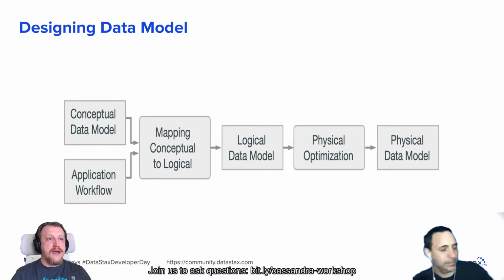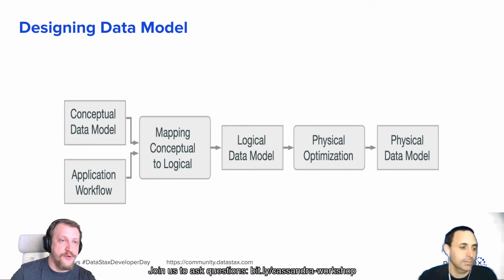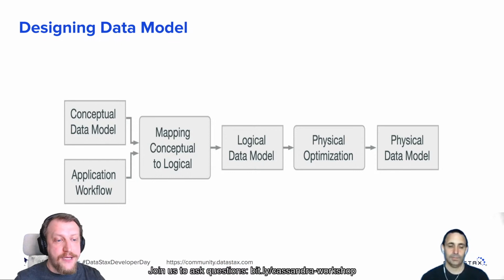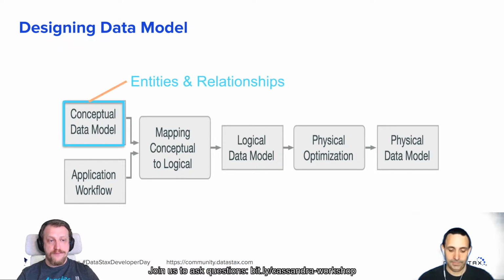So then how exactly do we work on our data model? How do we create a data model? Very step by step. First, we combine two things together. Application workflow, how exactly people are accessing and using our application, what the typical use cases and use steps are for our application. And then the conceptual data model, those are characteristics, values of different objects we are working with, or different entities we are working on. And we are mapping them together, workflows to conceptual data model, to create a logical data model.